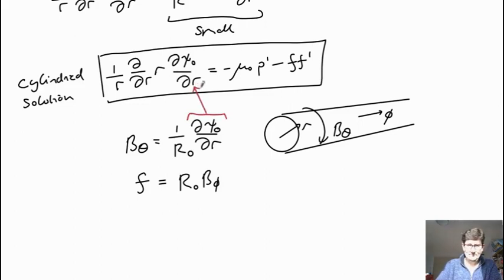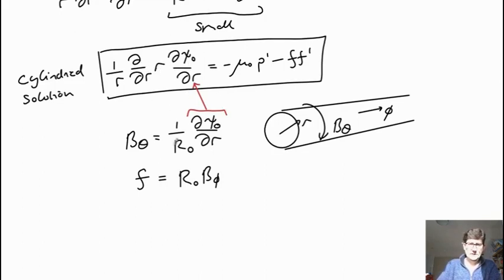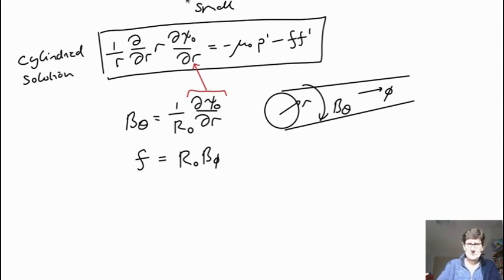go into there. So d psi naught by dr gives you a b theta, and this would then expand outwards and you'd get a 1 over r naught just coming through all these derivatives here. And so on the left hand side you end up with, so you have a b theta coming from here, you then have a derivative, so you end up with a db theta by dr here, or